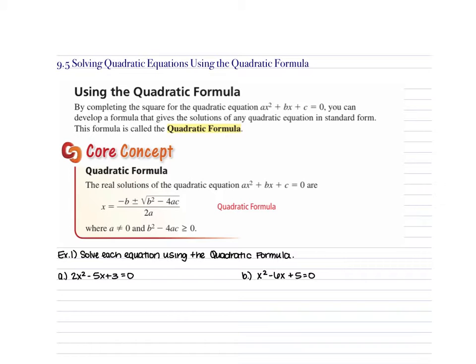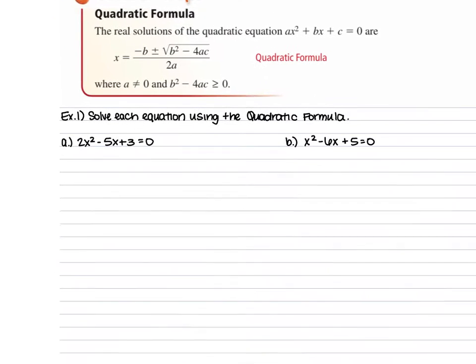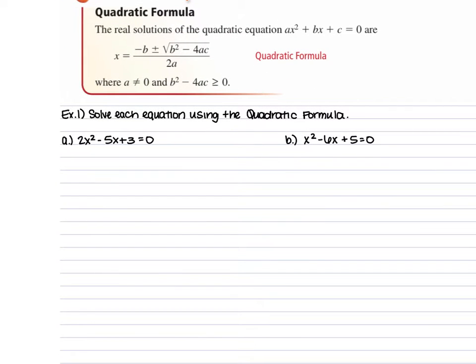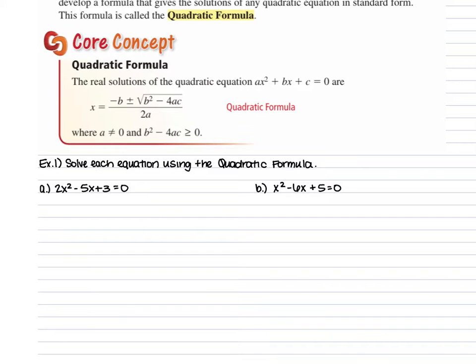Remember, you cannot take square roots of negative numbers. So that's why that inside, underneath that square root, has to be something that's equal to a number greater than or equal to 0. For each of these, we want to start by identifying our a, our b, and our c term. If we look at this